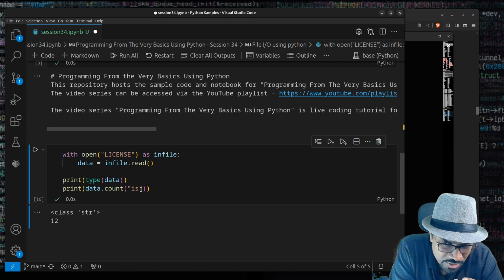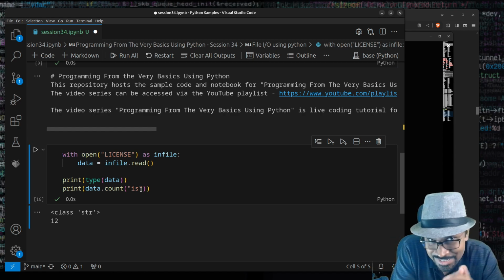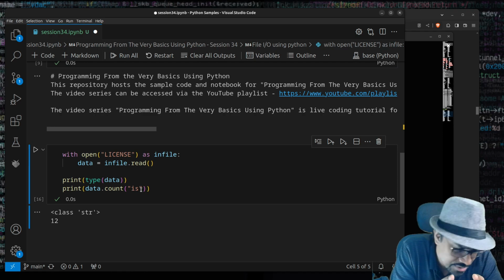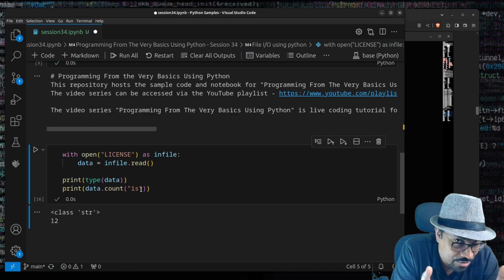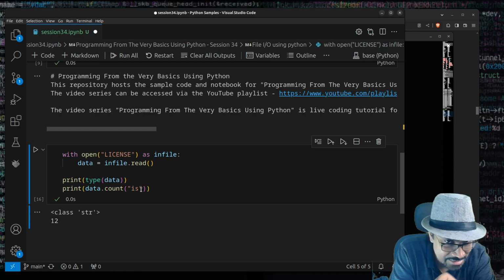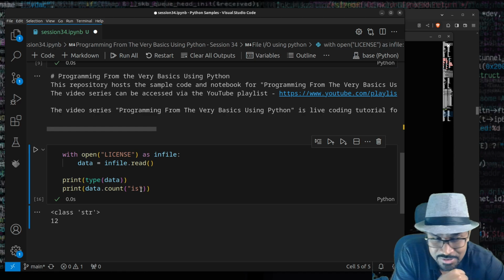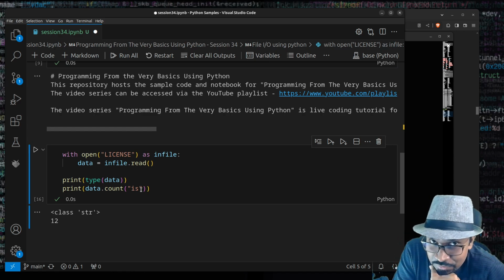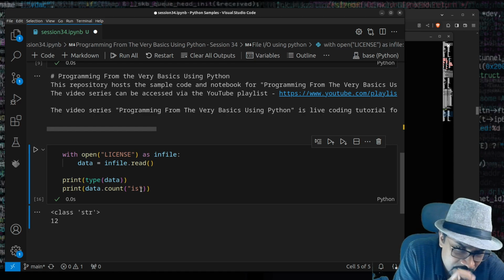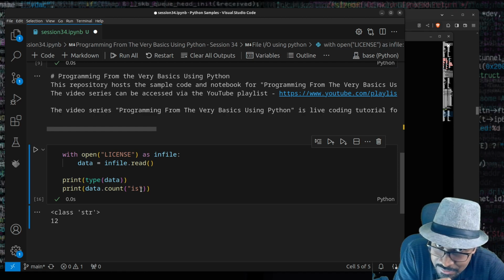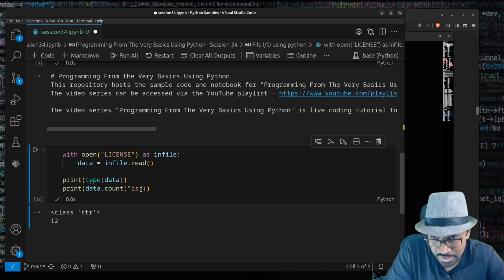So this is how you read small text files. But sometimes you want to read small text files and you want to access them line-wise, because most text files are organized line-wise, right? You write first line, second line, third line, multiple lines. So I want to read, let's say, the first 10 lines of a file, or maybe I want to read line number 5 to line number 10, something like that. So if you want to process text files line by line and read them, the way you can do that is,